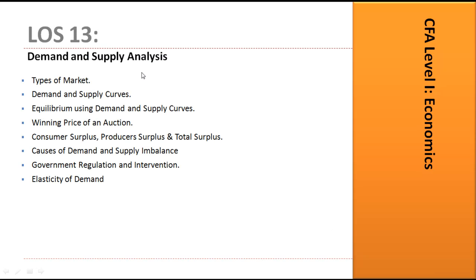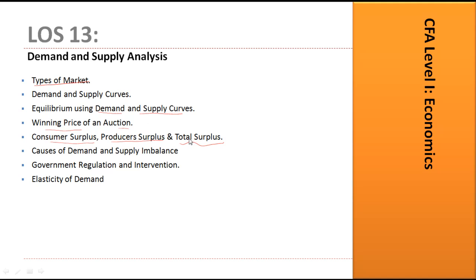Now let us start microeconomics with the LOS 13, which is demand and supply analysis. Here we are going to discuss various types of market, what are demand and supply curves, and how do we reach price equilibrium and quantity equilibrium using demand and supply curves, and what are various types of auctions and winning prices. Then we look at the concepts of consumer surplus, producer surplus, and the total surplus in demand and supply